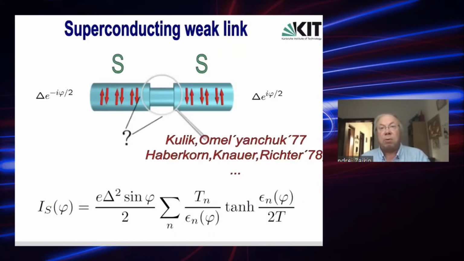Okay, so what is it about? It's well-known stuff I begin with. We can consider a superconducting weak link between two superconductors, BCS superconductors. And then if one proceeds with theory, one can calculate the current phase relation, the supercurrent, across this weak link for any transmission values of all conducting channels that one has in this link.